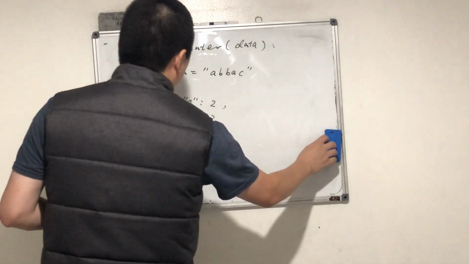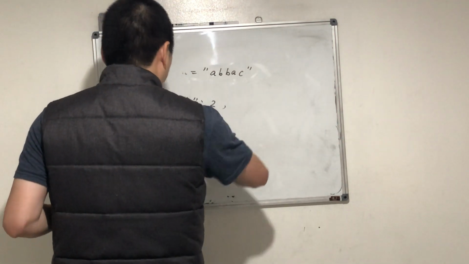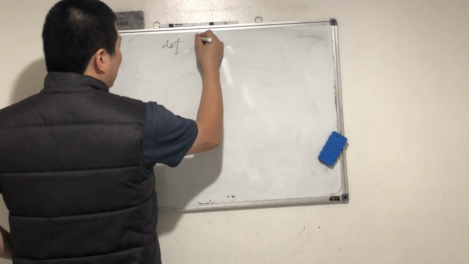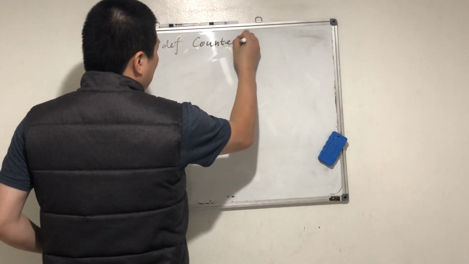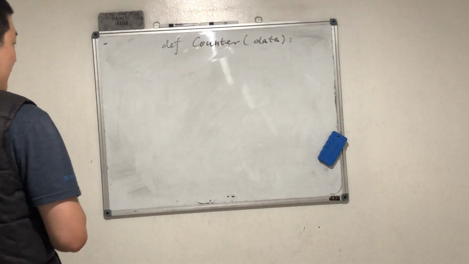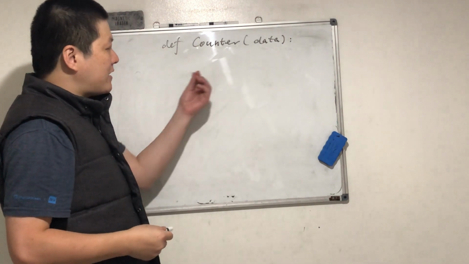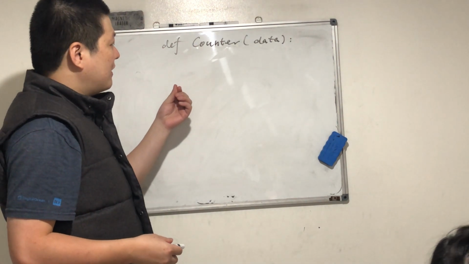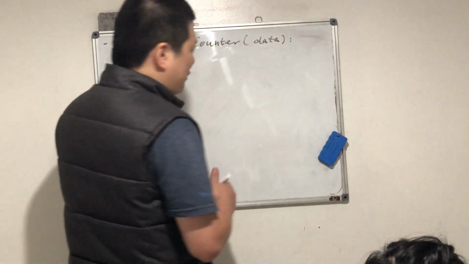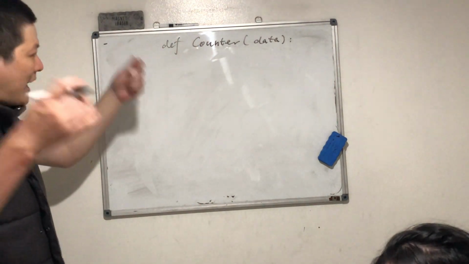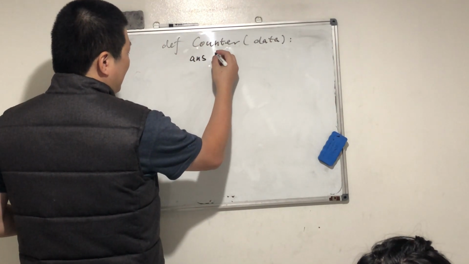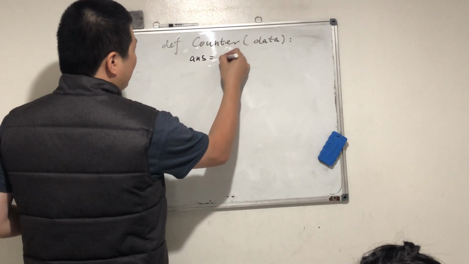Okay, so now if we want to implement this Counter object, let's implement it. Let's define counter with data. This data can be a string or a list or anything that's iterable. What does iterable mean? It means that you can do the for i in data thing. So at the beginning we need to define the return data, which is a dictionary, a defaultdict,